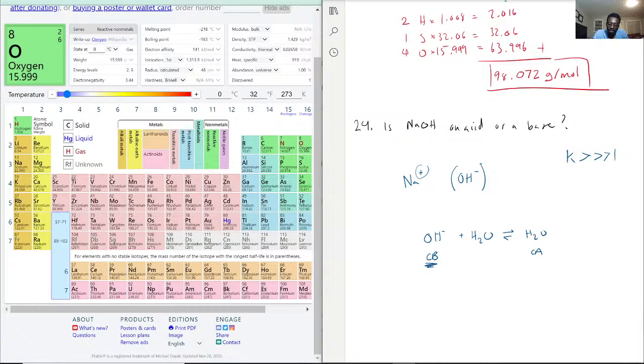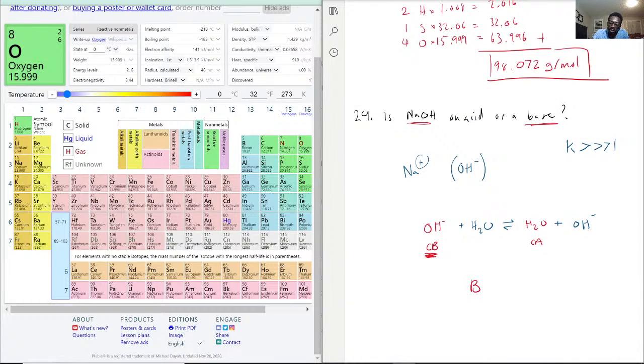So we have a big hint right there. It kind of just goes back and forth. The point being, at least for the one we're looking at, the OH minus here turned to H2O there, so we can say that NaOH is going to be a base,